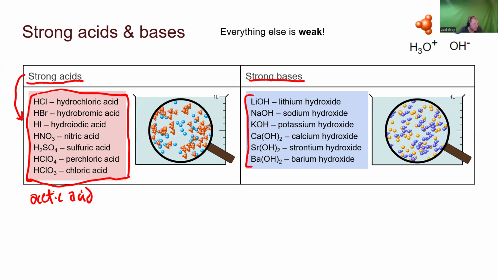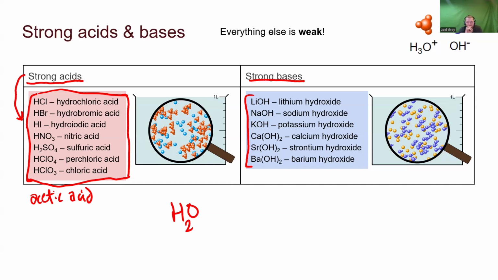So I mentioned that H2O acts as an acid and as a base. Would you classify it as a strong acid or a strong base? No, it's neither. Can it act as an acid and can it act as a base? Yes, it can. But is it good at either of them? Not particularly. So, what I want you to know about acids and bases is these two lists are the extent